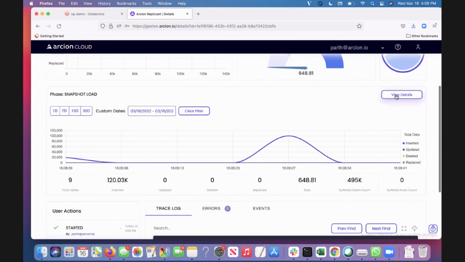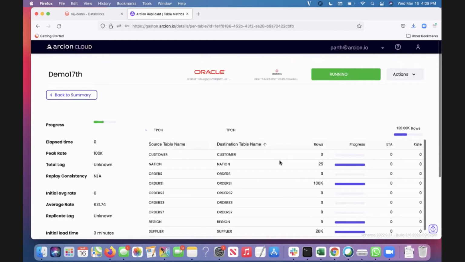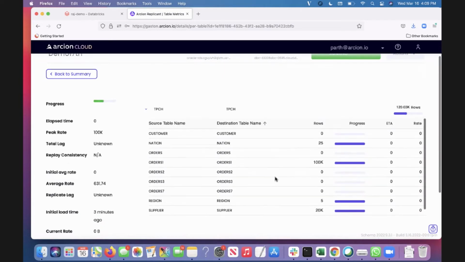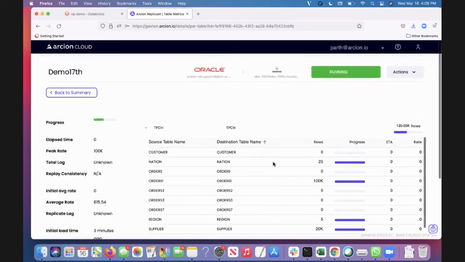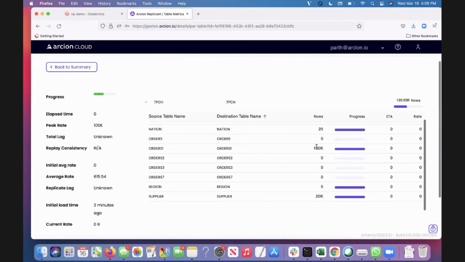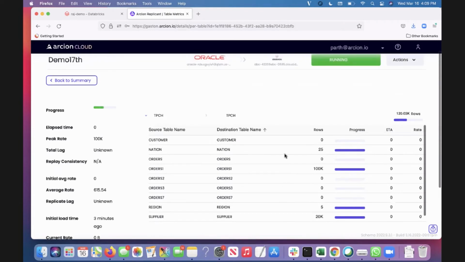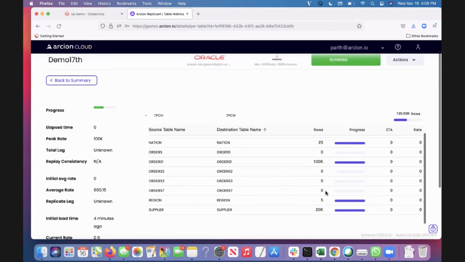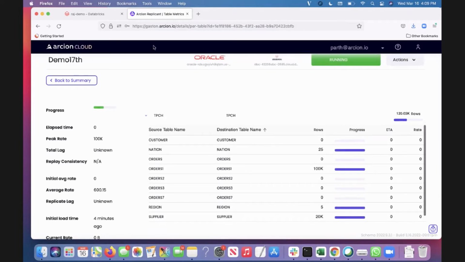We go back to the dashboard here, and we see that we have started moving data now for all the tables. Some of the tables are complete. Orders is complete here, 100,000 rows. We have moved nation, 25 rows, supplier